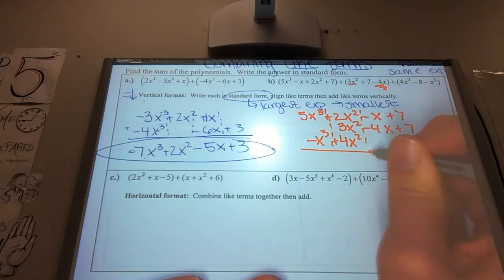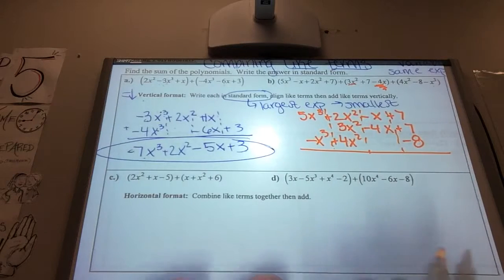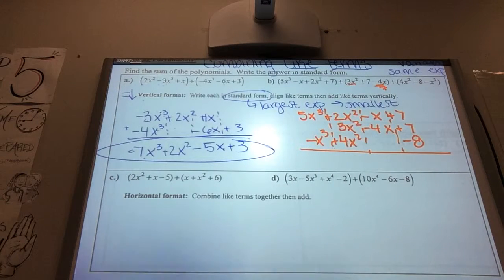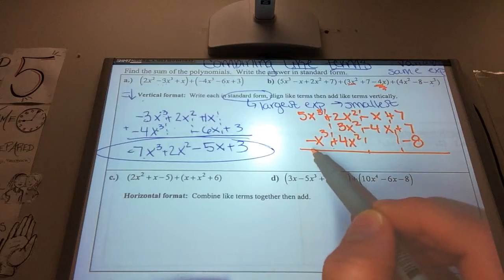And again, I don't typically add this way. I'll show you how I typically do this on the next 2 problems. I think this takes a little while, but it's organized, and it may help some of you. So now I've lined up all of my like terms, and it's just addition. I'm just adding. So 5 plus negative 1, or 5